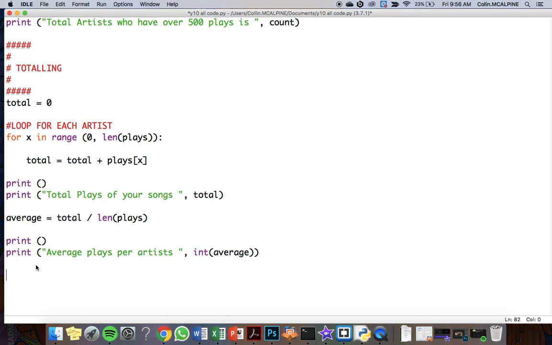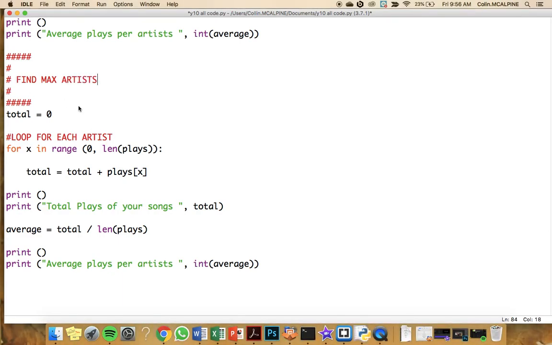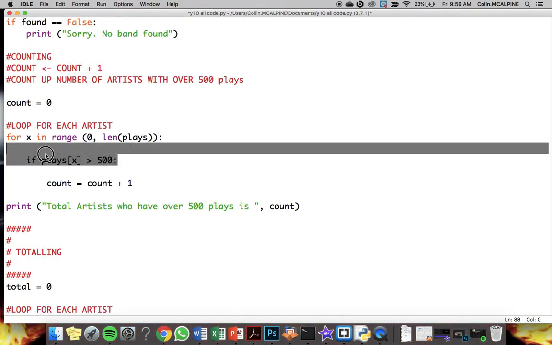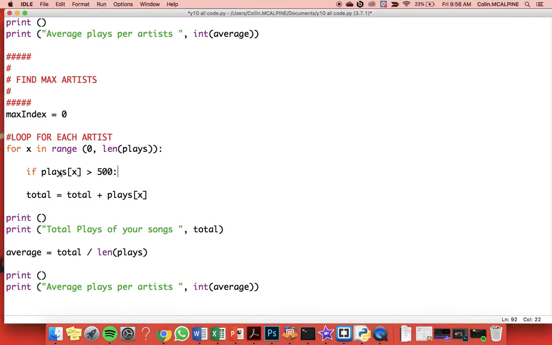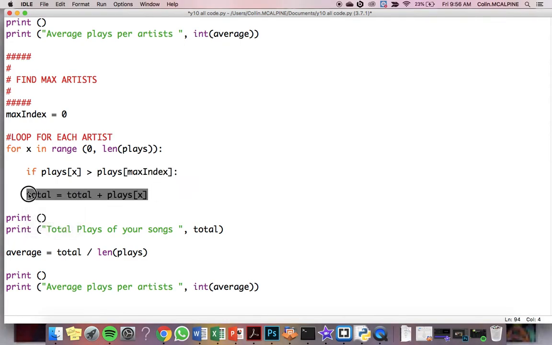So let's find out, we'll find the max artist. Let's see how we can do this. So we can have the max index set to 0. For X in range greater than this one, we want to have the if statement where we compare the first with the next one. So let's put that in here. If plays at X is greater than plays at max index, then we can manipulate this code to say the max index, careful,